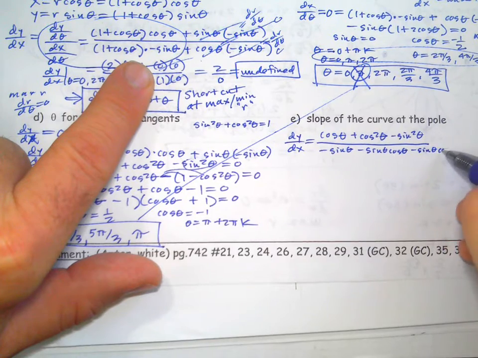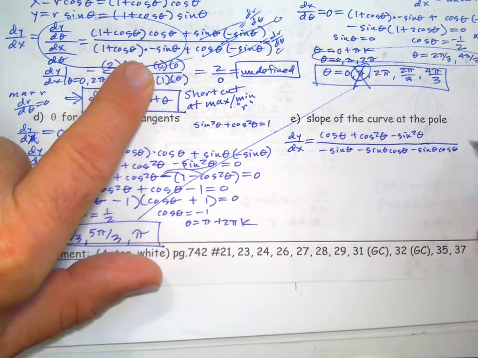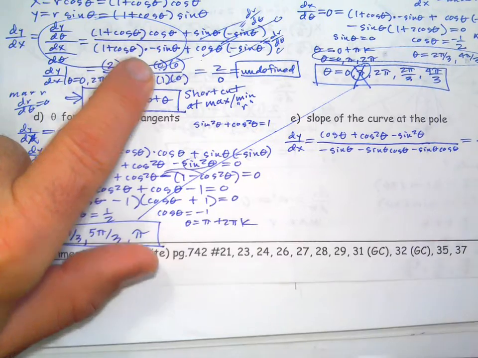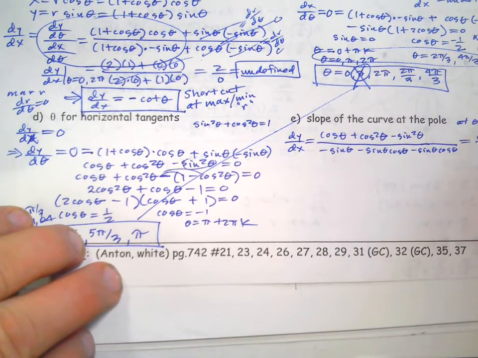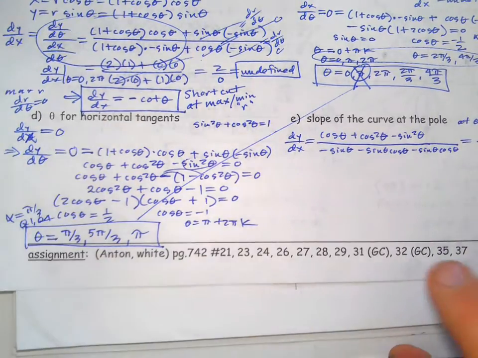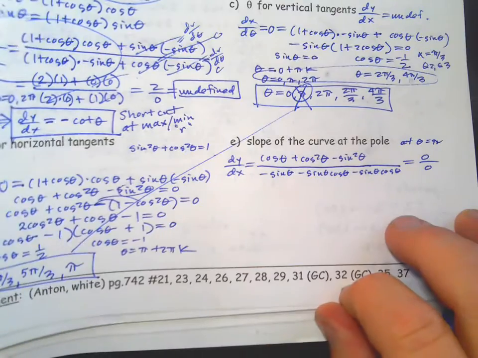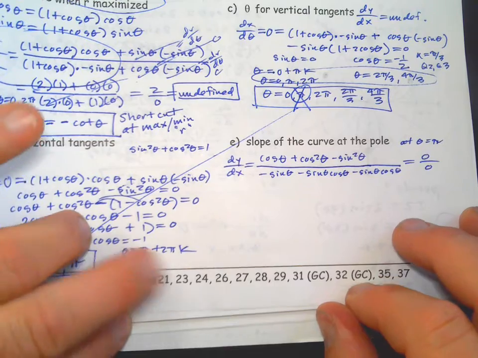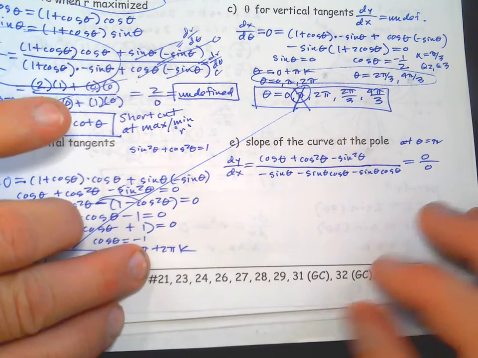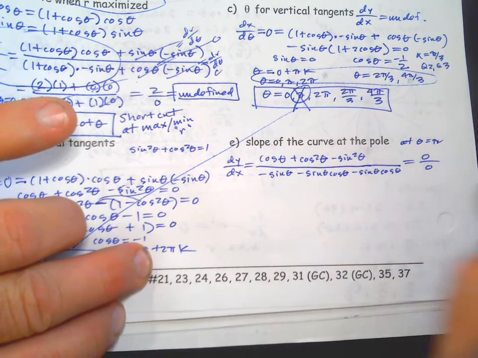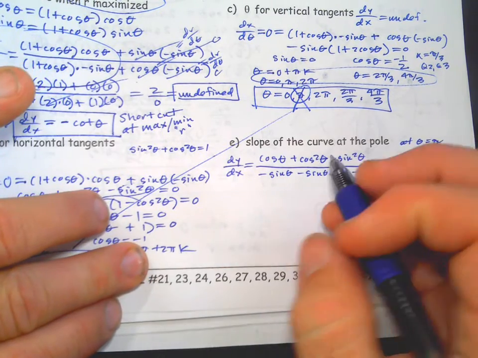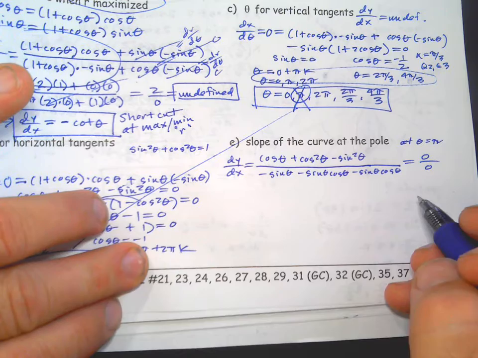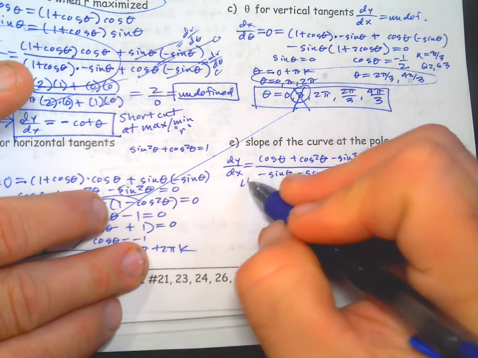So we could group those together. And what's happening in this situation is we're getting 0 over 0. At theta equals pi, we're getting 0 over 0, which is indeterminate. So it means we don't know if it's the top that's really 0 or the bottom that's really 0, because it's indeterminate. So what you have to do is L'Hopital's rule,